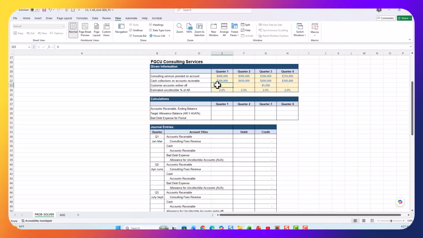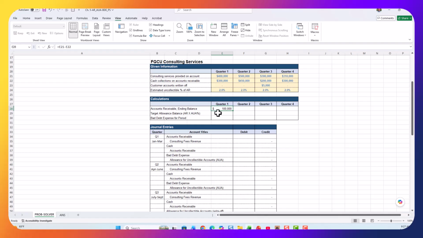Our ending balance in accounts receivable is going to be $100,000. Because we're new, we had a zero balance in accounts receivable to start off. We added $400,000 from our services provided on account, and we subtract $300,000 for cash collected on those accounts receivable. Ending balance in accounts receivable,